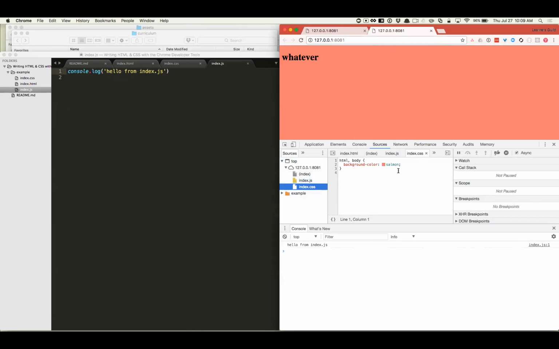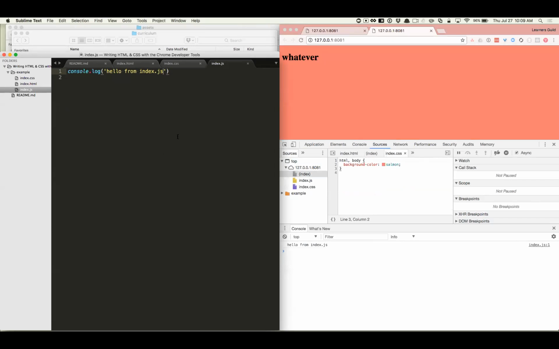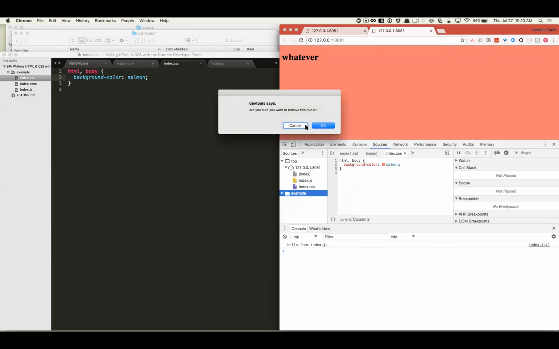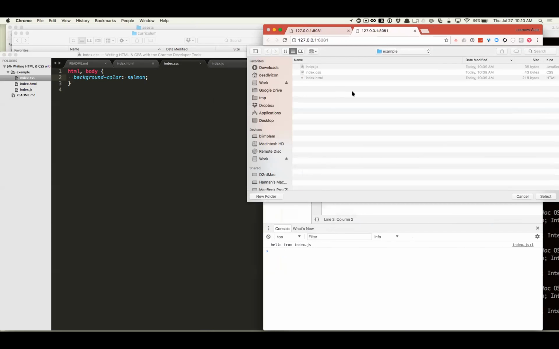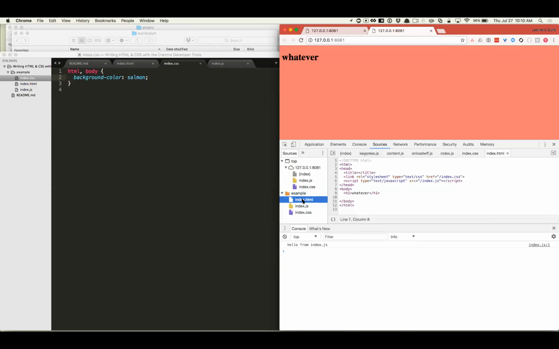You can come in here and modify the actual file here, and it will live update the page, but there's a way to link to these actual files so you can do your development in here. I did try this earlier. There's a way to link these, and I might have to look it up because I thought I would remember, but I do not. So I'm going to do this add folder to workspace, and here's the folder that has my stuff. I have to give it permission. And now I can come in here and edit these files